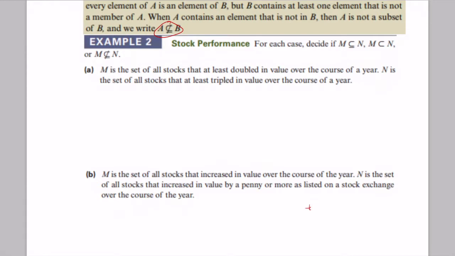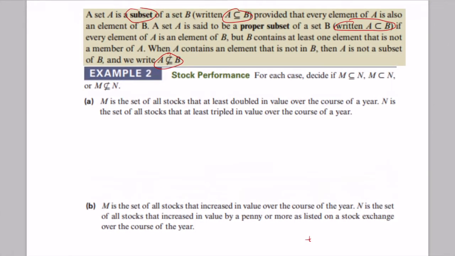So for each case, on the next example, we have to decide if M is a subset of N, M is a proper subset of N, or none of the above. Okay, so A states, M is the set of all stocks that at least doubled in value over the course of a year. N is the set of all stocks that at least tripled in value over the course of a year. Well,